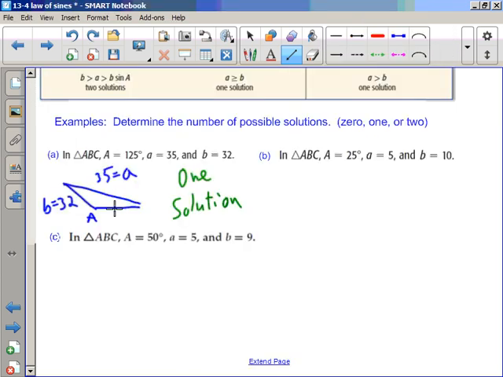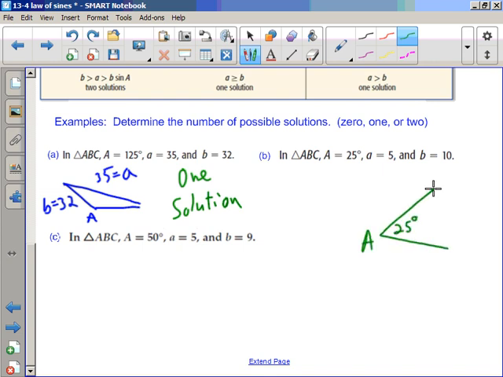Okay, so the opposite side is A, so I guess I could draw it. We have 25, this is 25 degrees. We have 5 is A, and B is 10. Okay. So going back to our little flow chart,